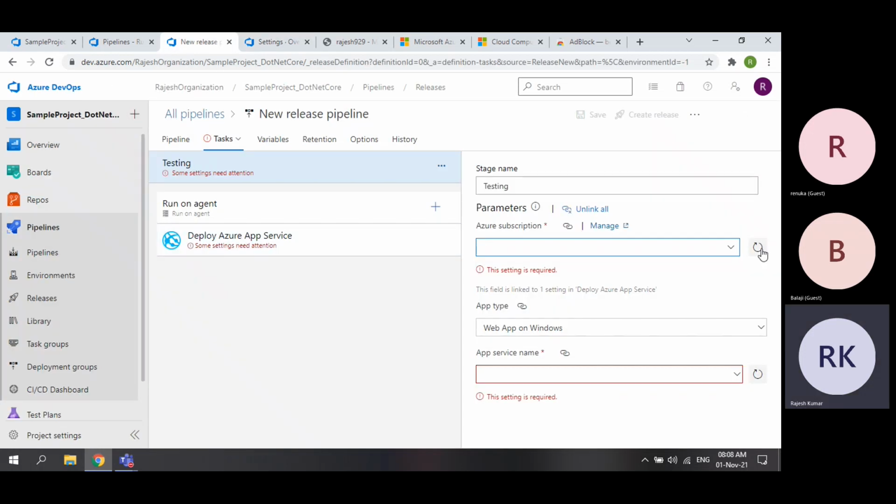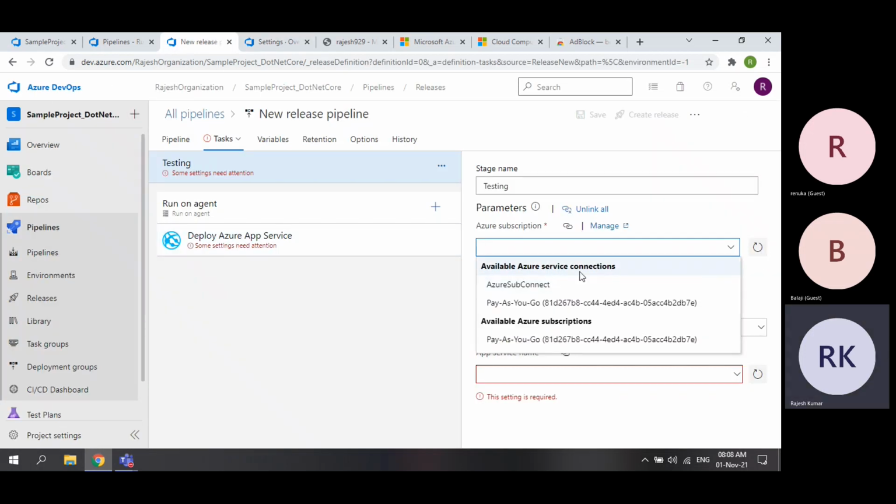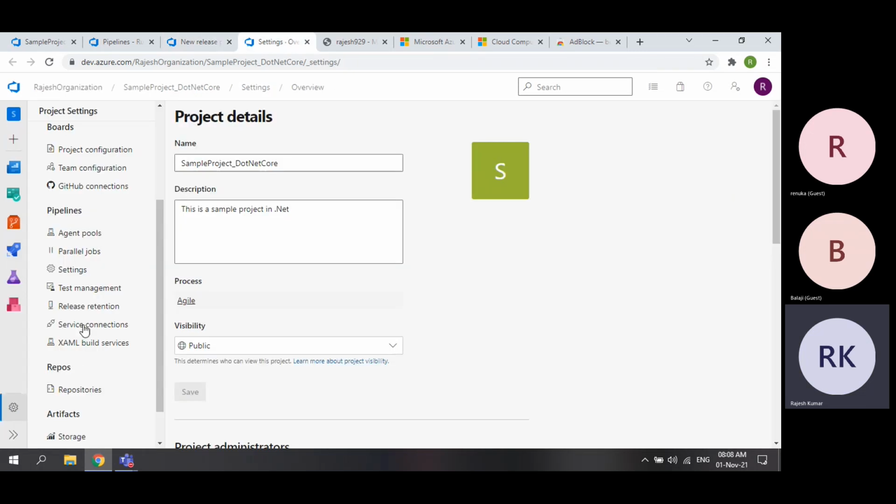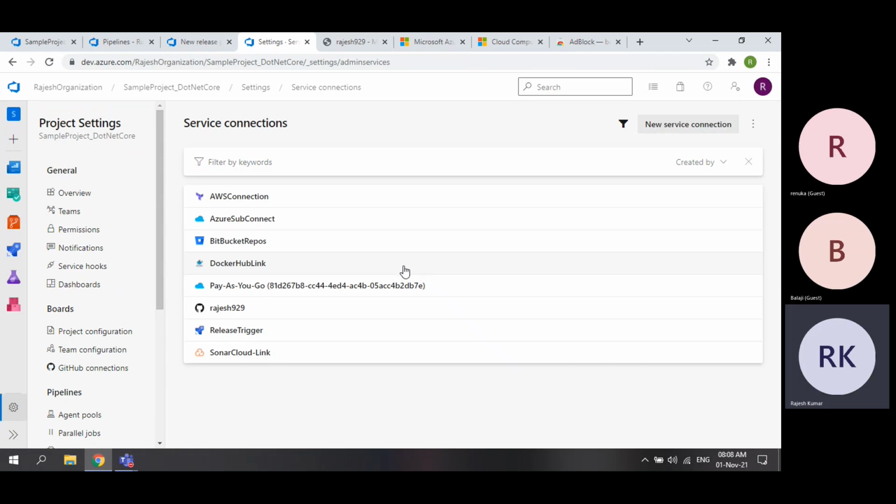See here you can see service connections. Service connections means Azure DevOps is a separate platform. When you want to work with another platform, that may be Azure, AWS, Google Cloud, Jenkins, SonarQube, Bitbucket, Docker, anything, first you need to connect them.